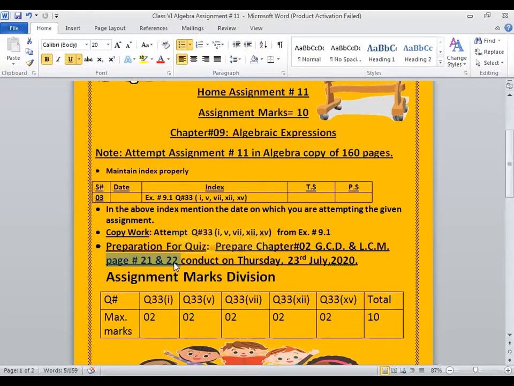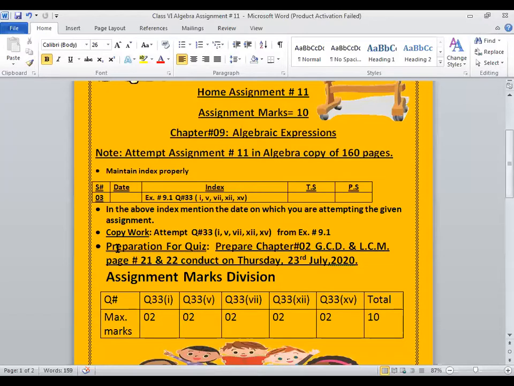Now, how am I going to conduct your quiz? Your quiz is based on multiple choice questions, which means MCQs. So what you have to do, you have to simply pick the right answer. मल्टीपल चॉइस क्वेश्चंस होंगे, एक क्वेश्चन वहां पर होगा, उसके 4 आंसर्स होंगे, उन 4 में से कोई एक राइट आंसर होगा एंड यू हैव टू पिक दैट राइट वन. उस पिक कर उसको टिक कर दीजिएगा. So in total you will have 10 questions and each question will carry 1 mark. So in total each quiz is for 10 marks.